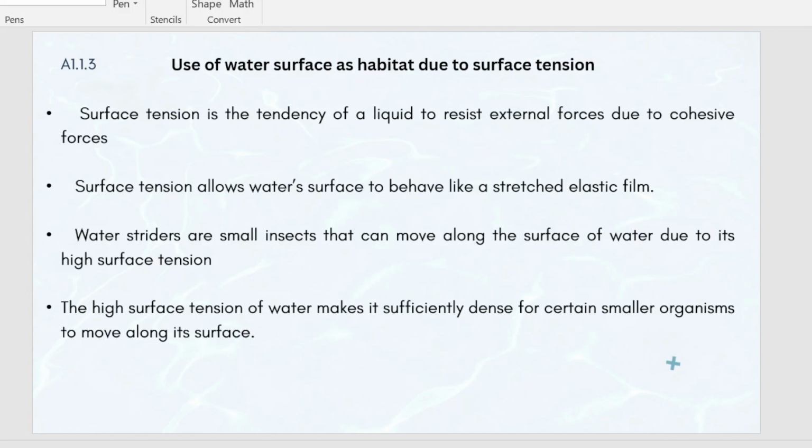So surface tension allows water to appear like a stretched elastic film, and this property is used by organisms such as water striders, small insects that are able to skate on water, and this is due to the surface tension of water. Water has a high surface tension, and this makes it possible for organisms like the water strider to